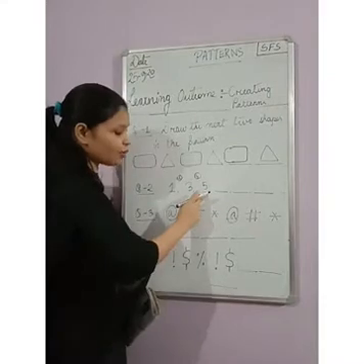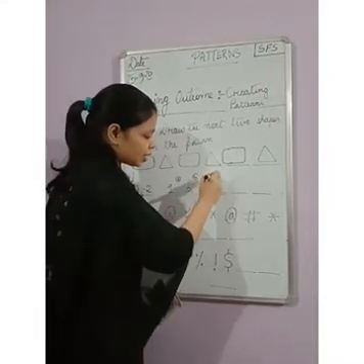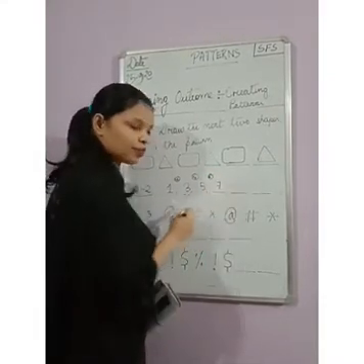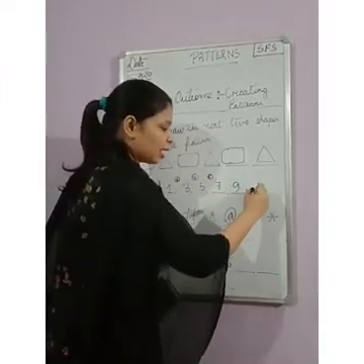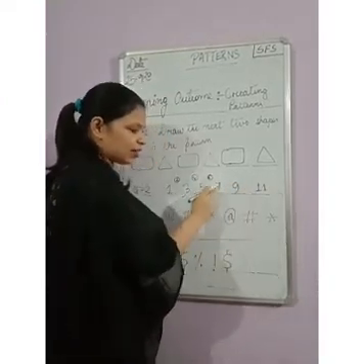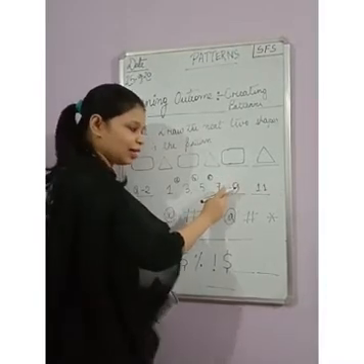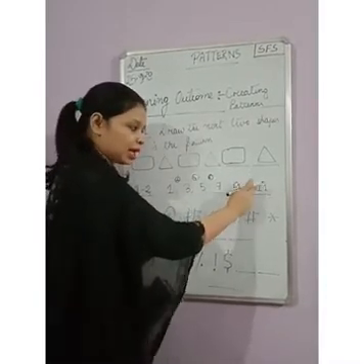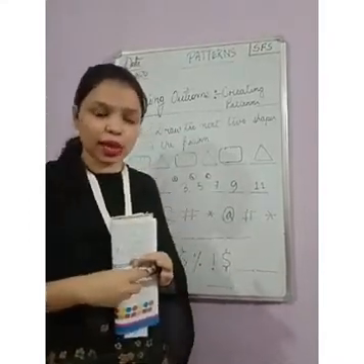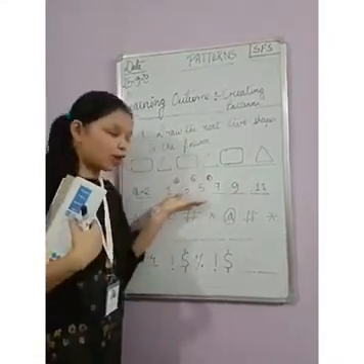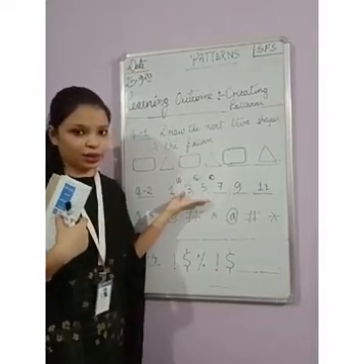So what do we get here? After 5, 6 is skipped and 7 will come. Similarly 9, similarly 11. After 7, 8 we omit and write 9. After 9, 10 is skipped. Then 11 will come. Children, you can do a number pattern in this way when you look at the first order given here.